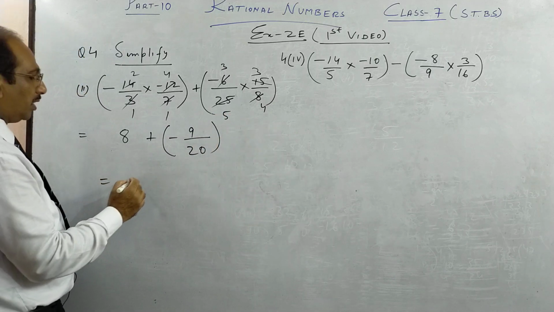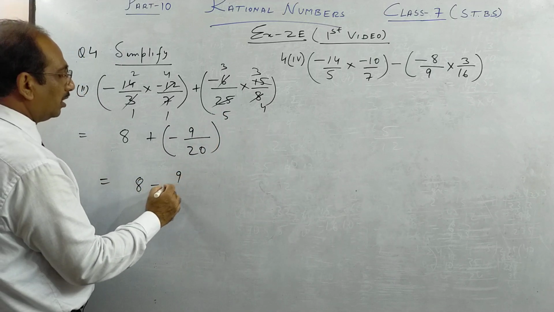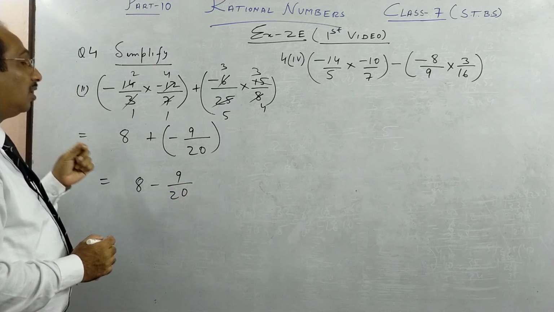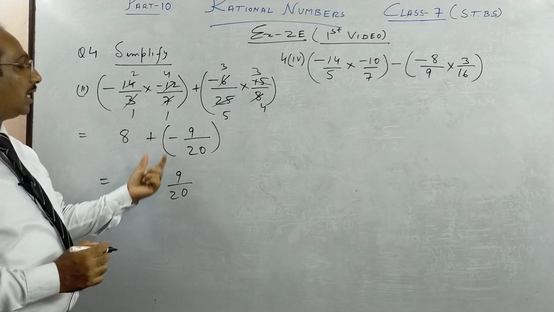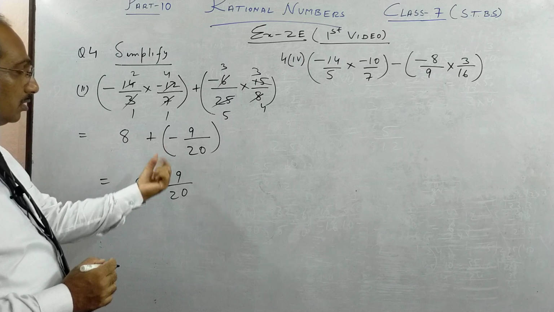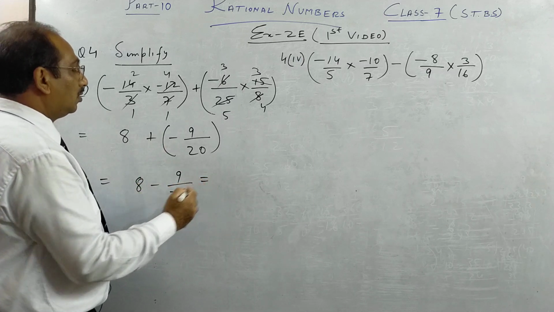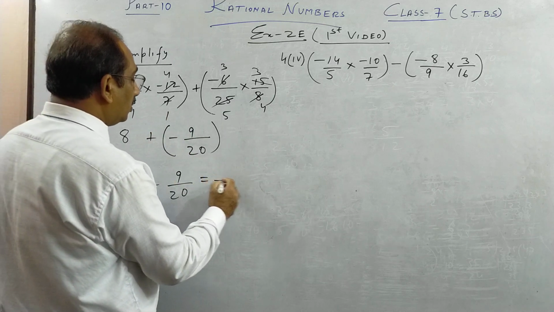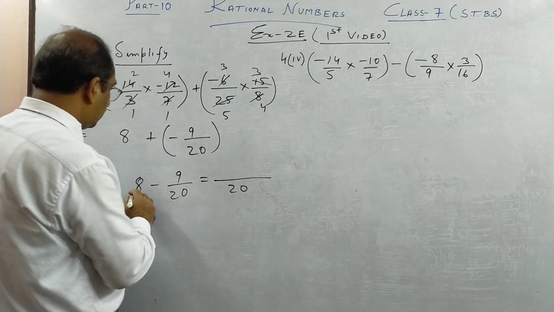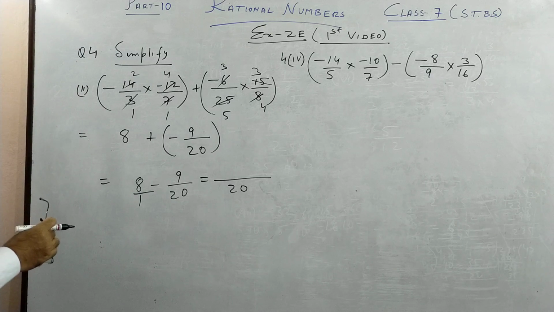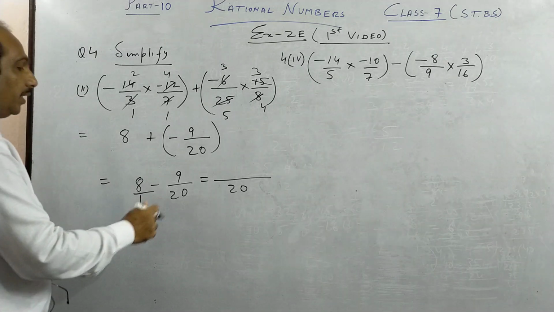Now plus minus, if you remember I told you, becomes minus, as if only your sign is multiplied. Plus minus is minus, but the other thing won't be multiplied. Okay, so in the earlier part I have given you the concept. So there is nothing but it will be 1. So what happens here is LCM of 1 and 20 is 20.